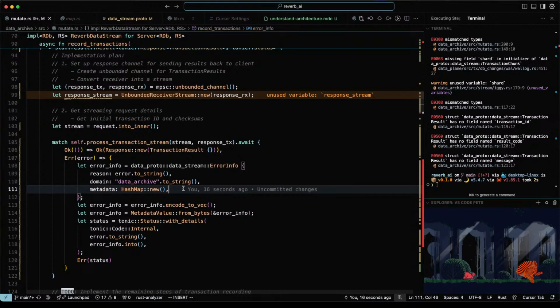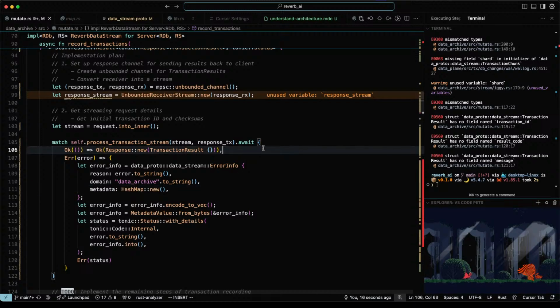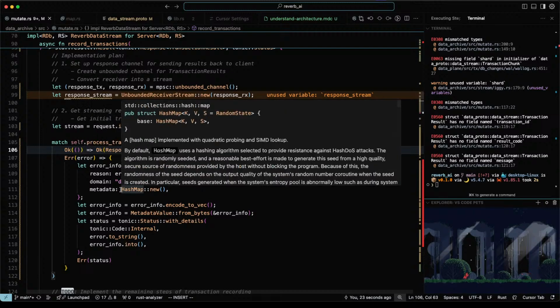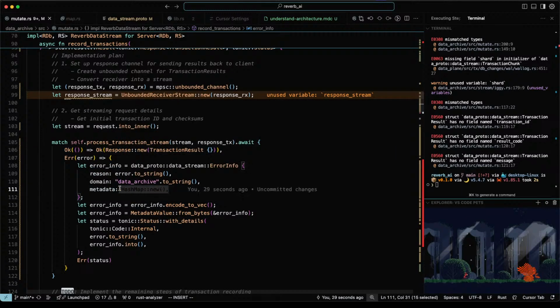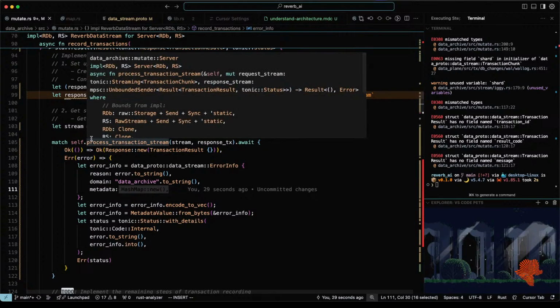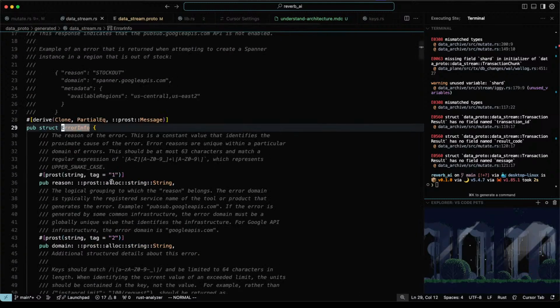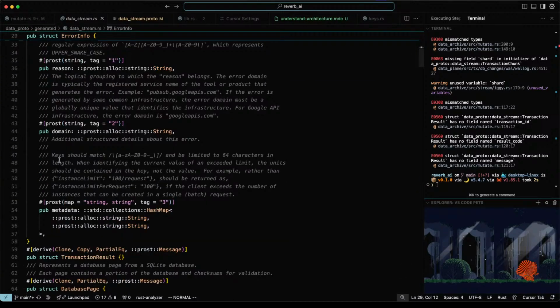Now, what metadata did we want to include? This isn't very useful at the moment. We wanted to pass the kind of error in the metadata. Right? So in this case, it would include